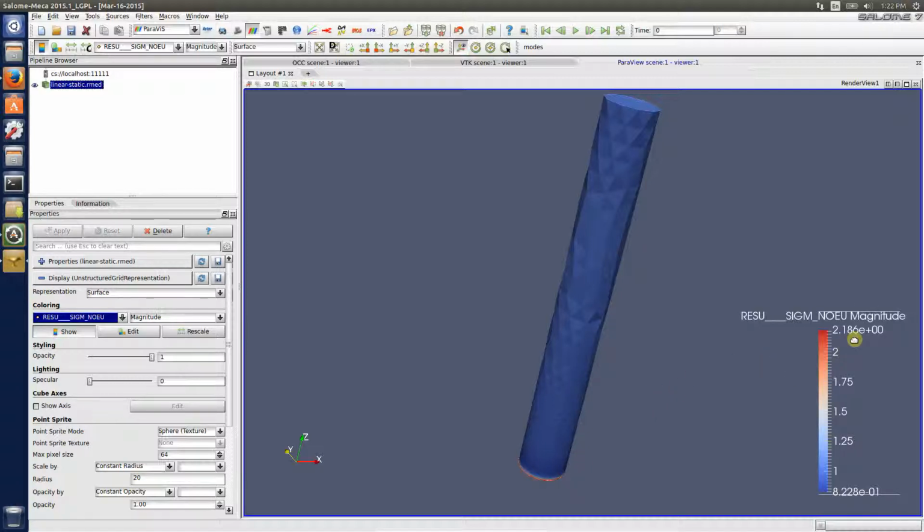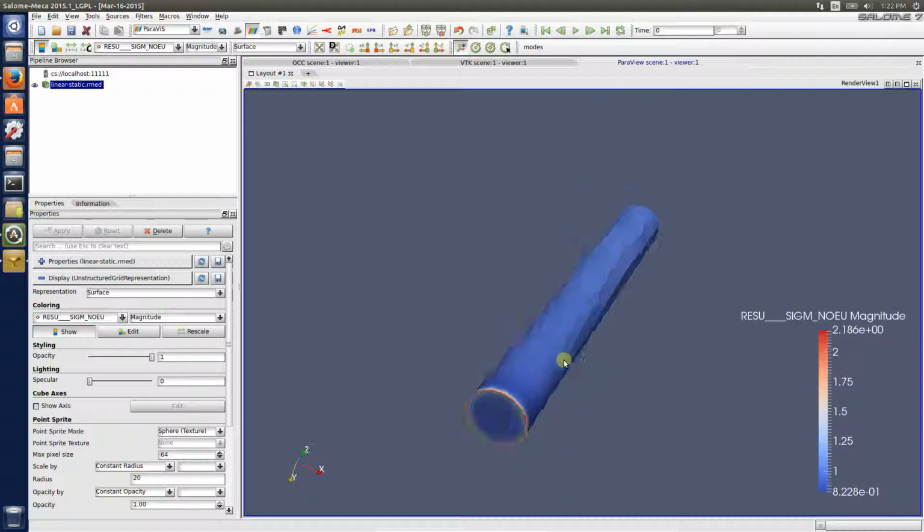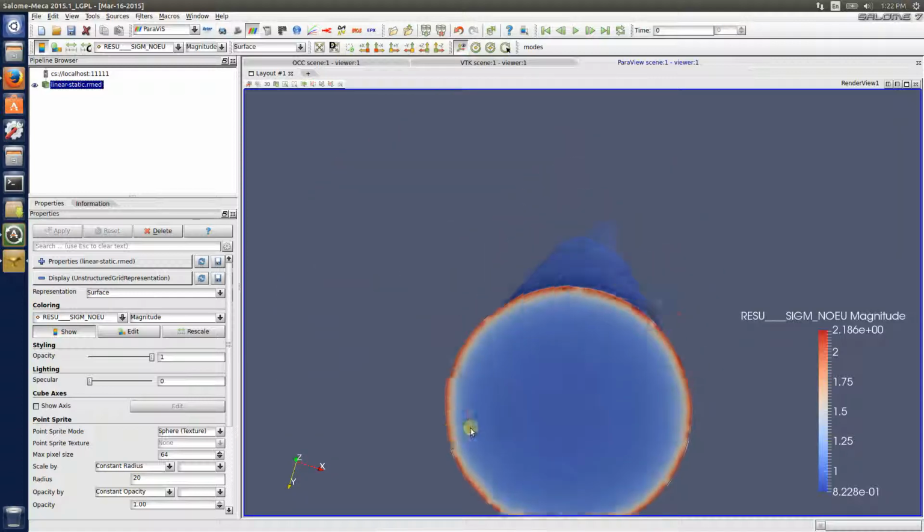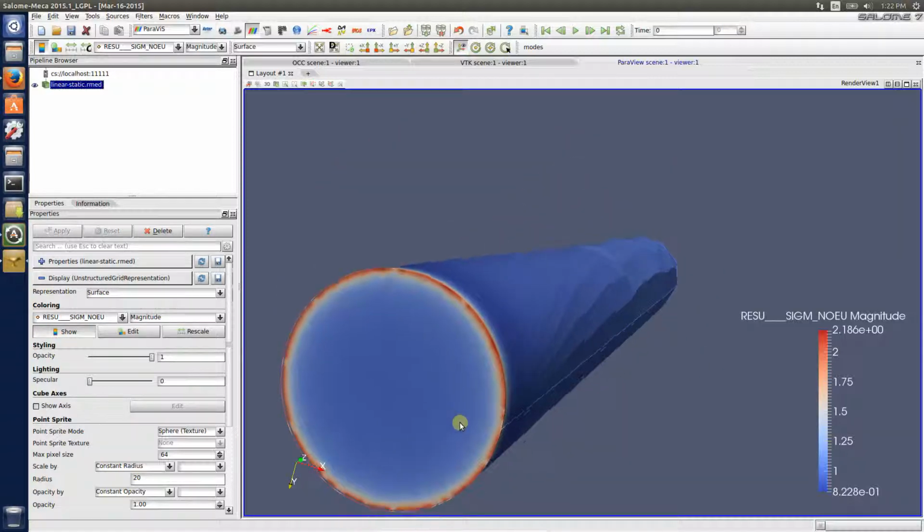What you notice is, take a look. I put a load of 1. I don't know what the size of the bar was, but PL over AE, and your stress being P over A. I don't know what A was, but in effect, what you see is all the stress is right there in that edge. One of the things I should have done is looked at that diameter, but essentially